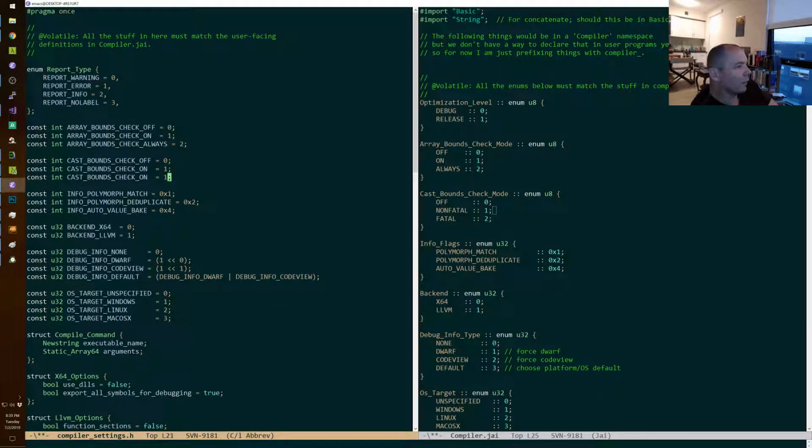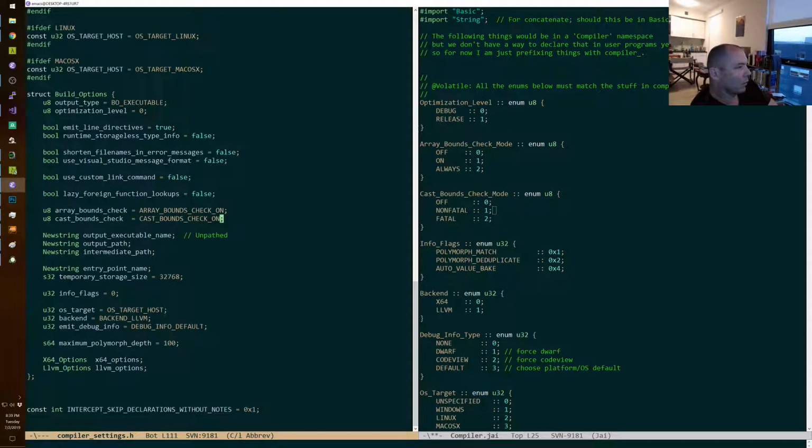Off, non-fatal, and fatal is 2. I mean, should we make it fatal by default? Let's make it non-fatal by default for a bit, and then we'll see.